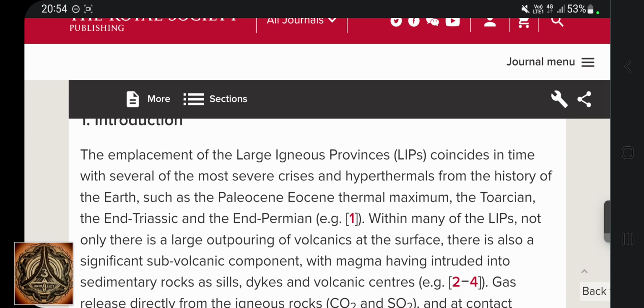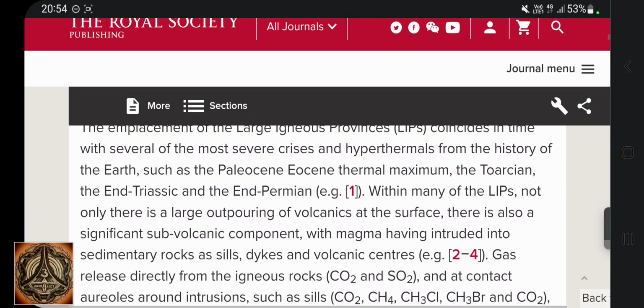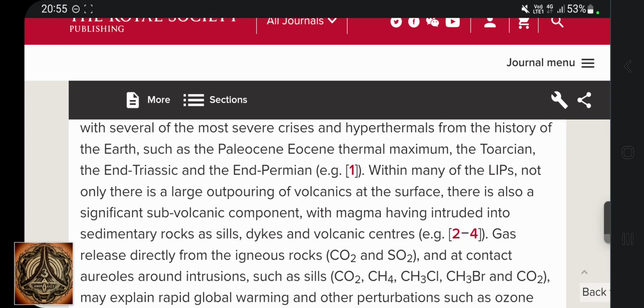And somehow this just reminds me of the large low shear velocity zones, of which one plume is under the Canary Islands, one of the biggest. These large low shear velocity zones are lava plumes within Earth. I made videos, so you can check it out. But anyway,